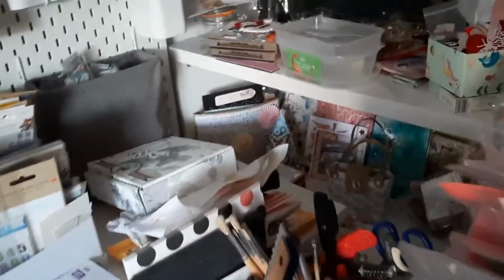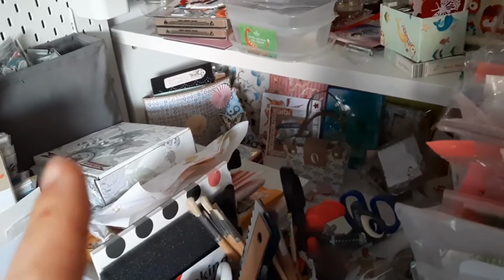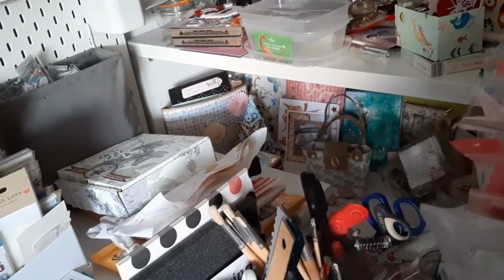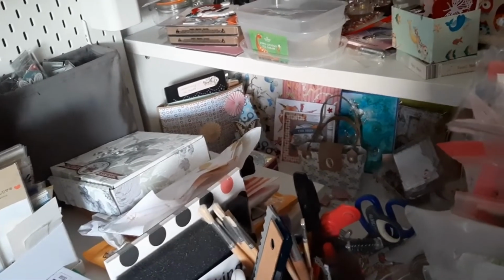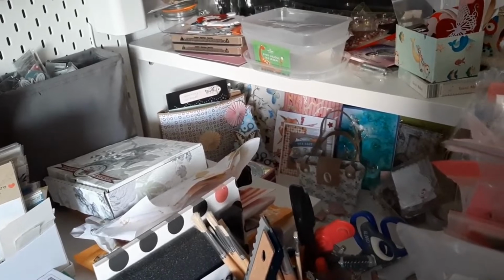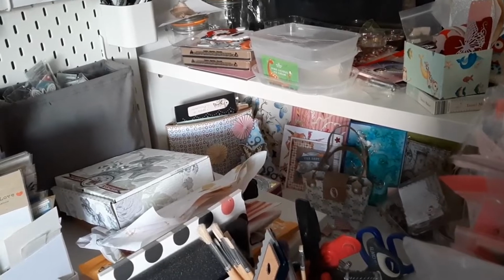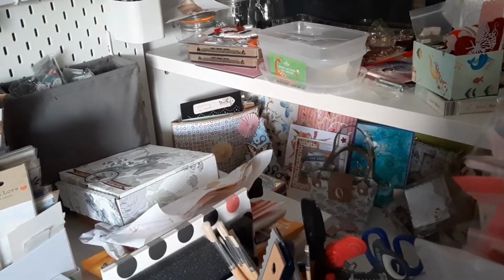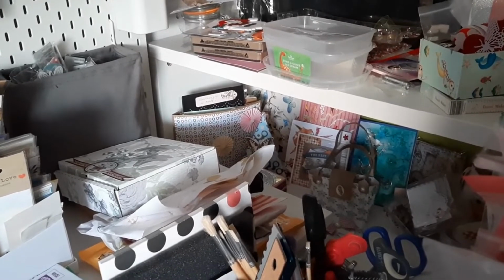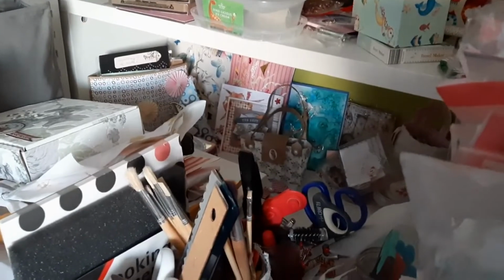And then in here, you can see this is what people have gifted me. Now that folder, that was an embellishment swap that I did. I can't remember who did the embellishment. But there's a whole load of dies in there that she sent me that obviously I haven't used. There's also a folder with